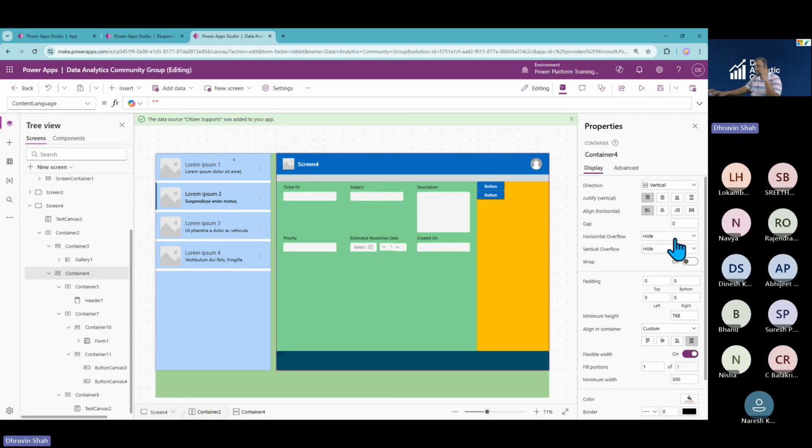I'm forgetting one of the property which this is where the highest struggle we are facing with the responsive design when we are trying to shrink the layout. It's not move sometimes because of some of the property might not been configured properly over there. So minimum height is 768. That's correct. This container,